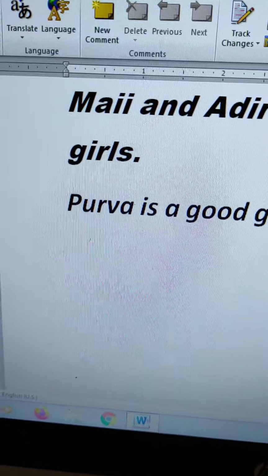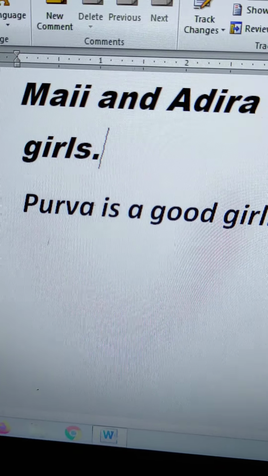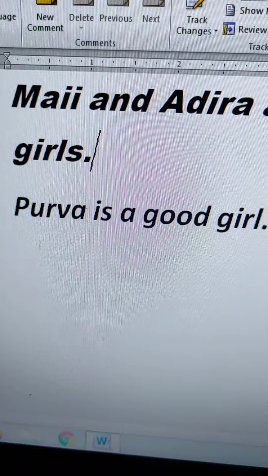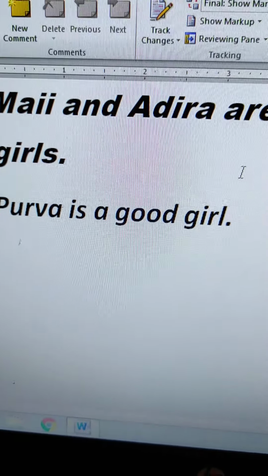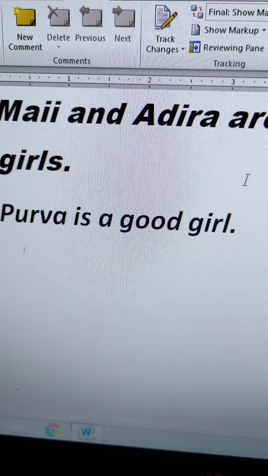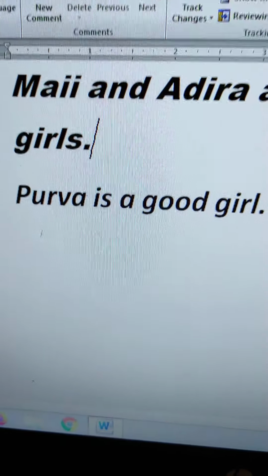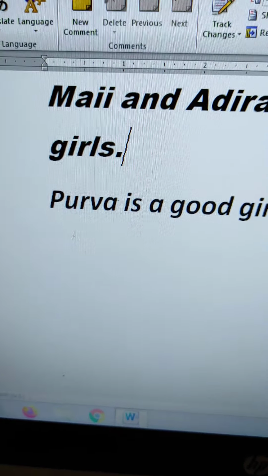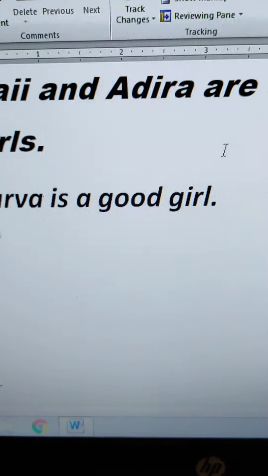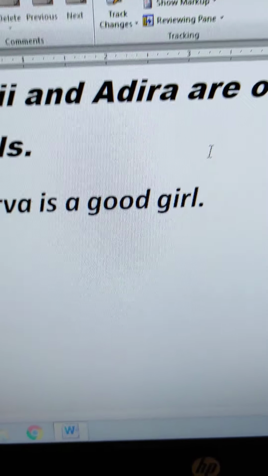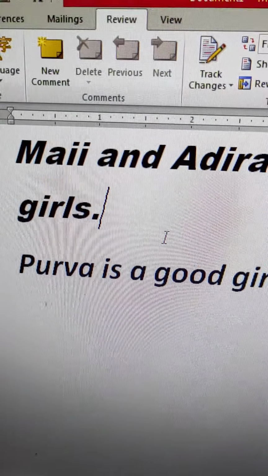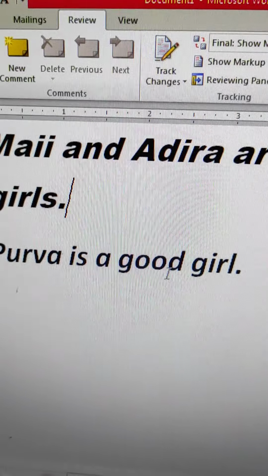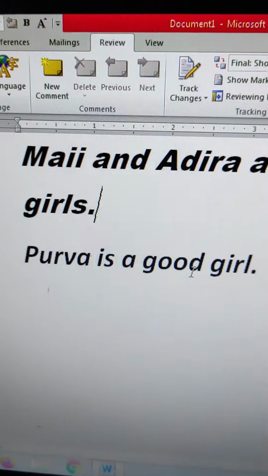Next is the thesaurus. What is the thesaurus? You are all familiar with synonyms and antonyms. Synonyms are different words having the same meaning, and antonyms are words with the opposite meaning. Now you can see here, Purva is a good girl.